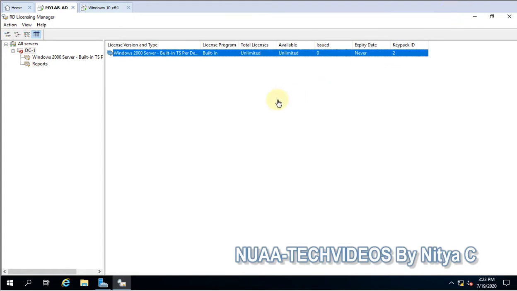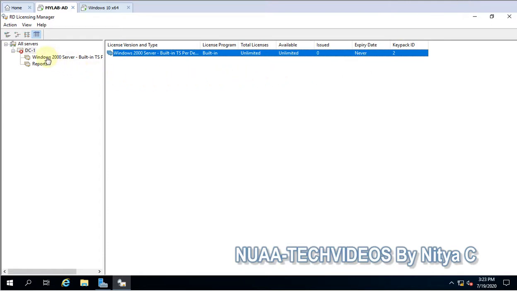And before we configure this, I would like to tell you one important thing: if you have 2012 R2 servers and you want to issue the RDP license for 2016, that is not possible, because you have to have the same operating system and the same servers for which you are trying to issue the RDP license.